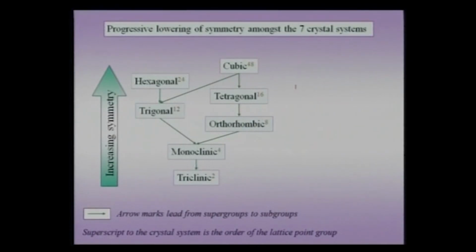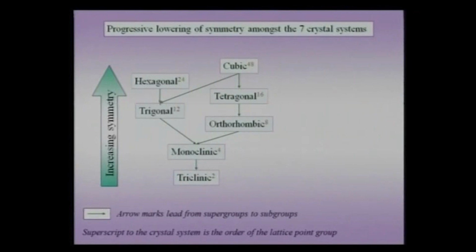So in other words, if I start with a single point, after the point group has operated, I would like to locate all the equivalent points which the point group has generated. So in the case of a cubic crystal, 48 such points would be generated, and therefore it has got the highest symmetry. This tree, apart from listing these various crystal systems in terms of an increasing order of symmetry, also